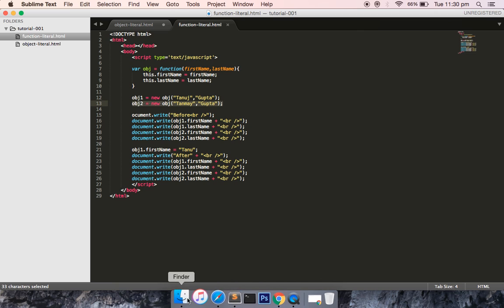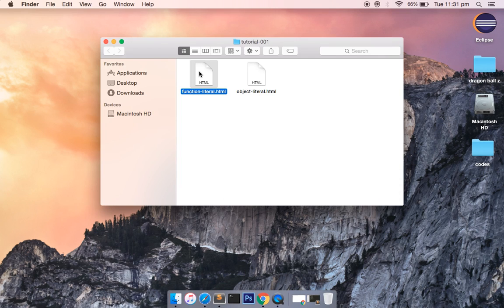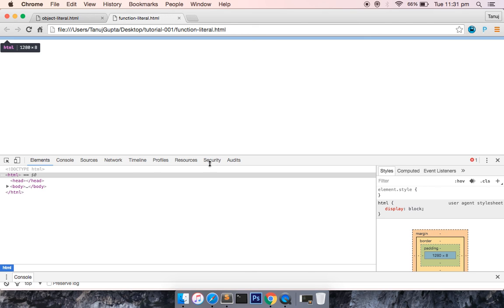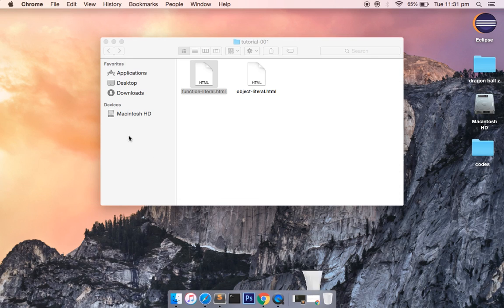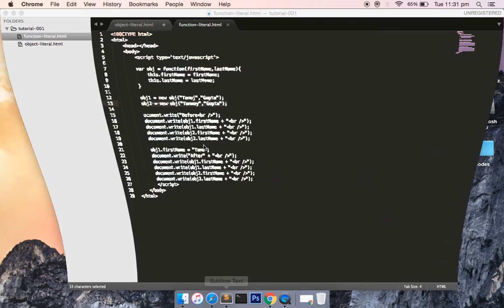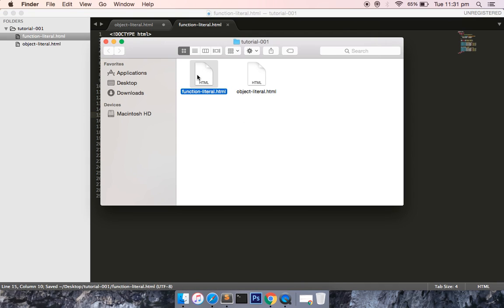So if I run this page now of function literal, some error came. Let us see what the error is. It's a nice thing, right? When you are doing videos, if an error comes, then you have to debug it. It says document. That's very strange. There is no keyword known as document. It should be document. So here we go, we have document. So when I save this file and when I run this code